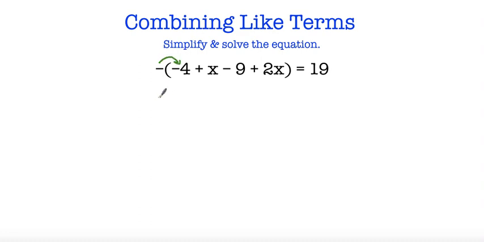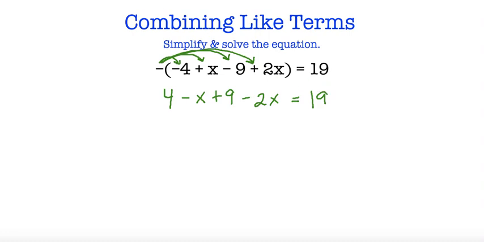So negative times negative 4 is positive 4. Negative times positive x is negative x. Negative times negative 9 is positive 9. A negative times positive 2x is negative 2x. And we don't distribute the negative to the 19 because that's on the opposite side of the equation, so that just equals